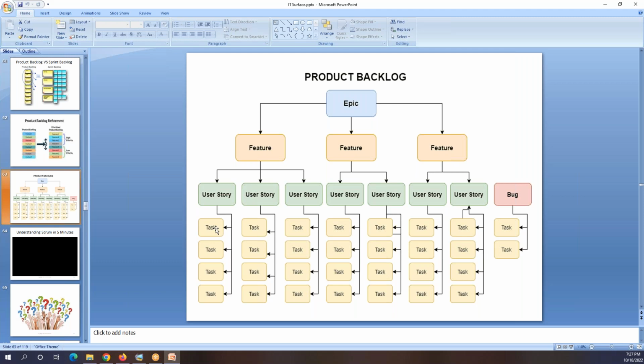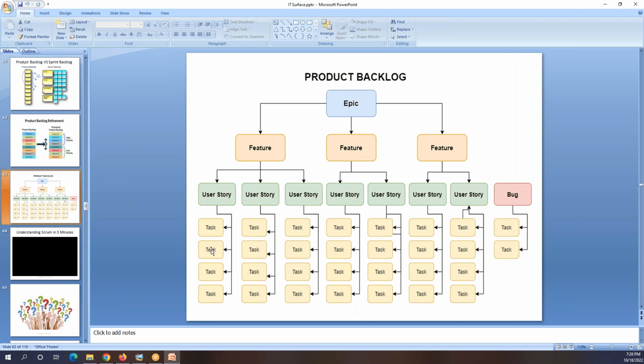So how do the developers work? A developer will not take the whole thing, like adding the login functionality in the application. No, they will not do that. What they will do is make a small piece. They will take a small piece from the story, and then they will create a task. So: add username text box, add password text box, add sign in button. Only three things they will add, and they will create a task here. It's very simple, but they will do that, adding these three things in the application.